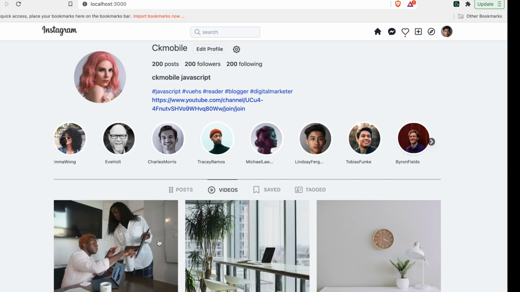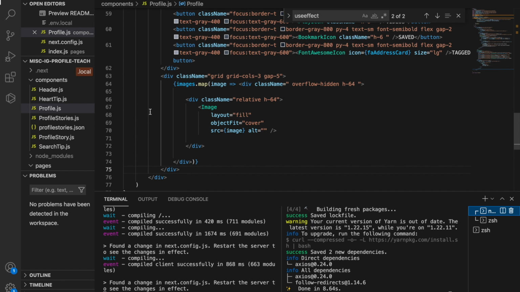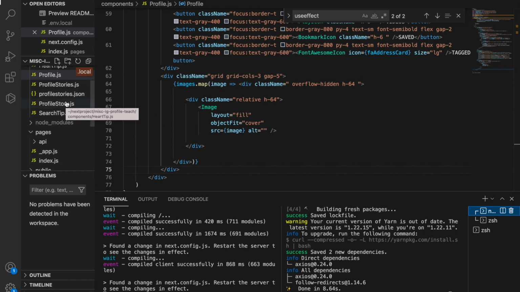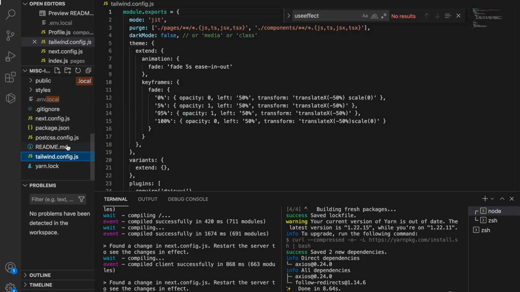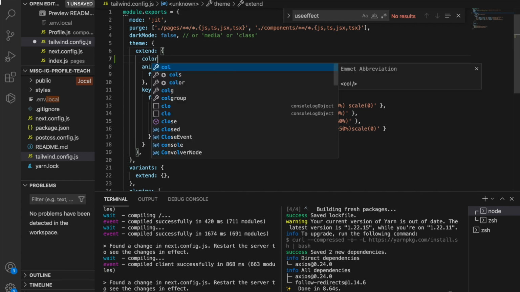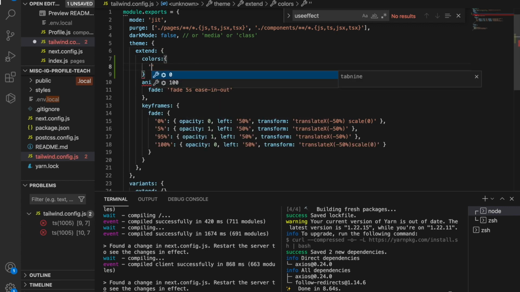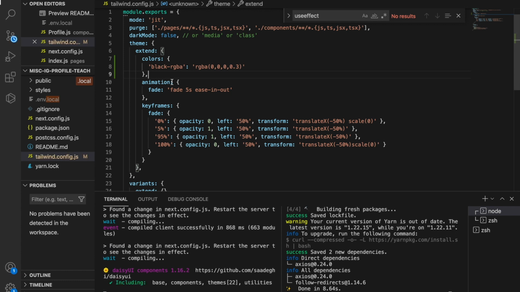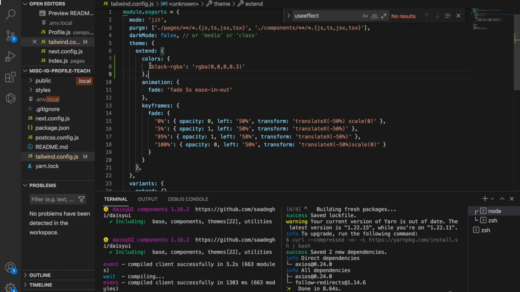So now we have to add a custom class, which is to create that transparent black color. So we go to the tailwind.config.css, and then we go to the theme, and under the extend we create the colors, and we create a name called black-rgba, and then we use rgba with 0, 0, 0, and the opacity is 0.3, and then we add the comma here. So now we have already created this custom class,